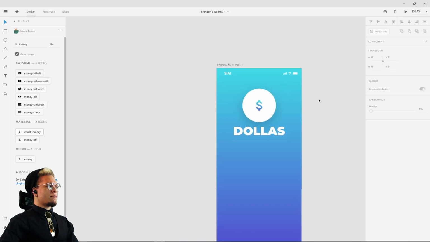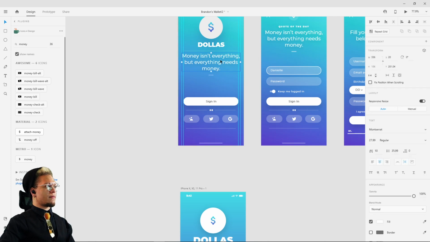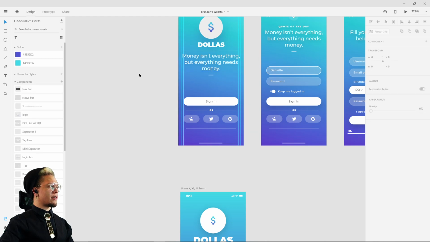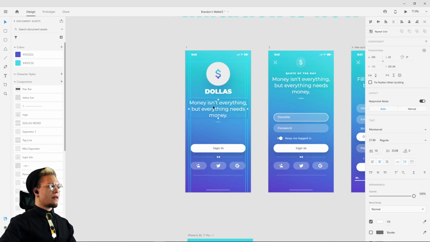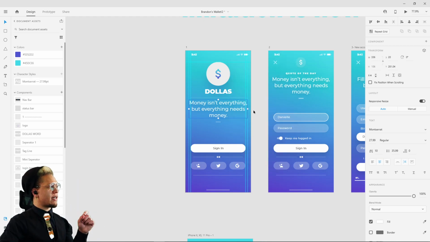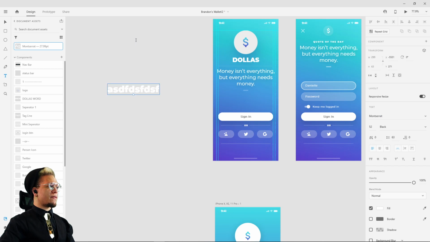All right, next I'm going to see if this will work for us. Because I'm gonna try this again. I'm gonna go back to our library. I'm gonna delete all our character styles. I'm gonna see if this works for us again. So I'm gonna select our little type here. I'm gonna right click it, and I'm going to add character style to assets. Now what this should allow us to do is, if I type anything out and I click this,